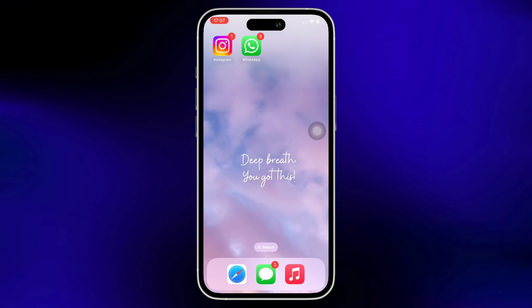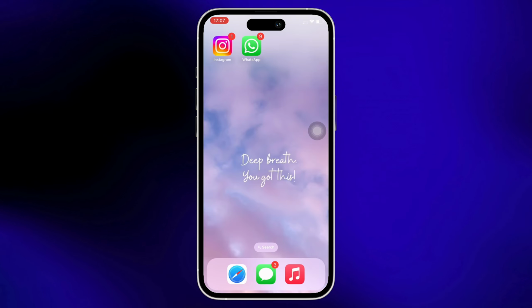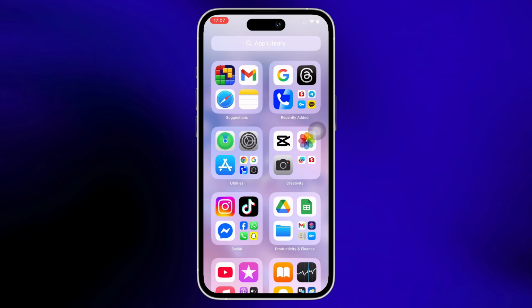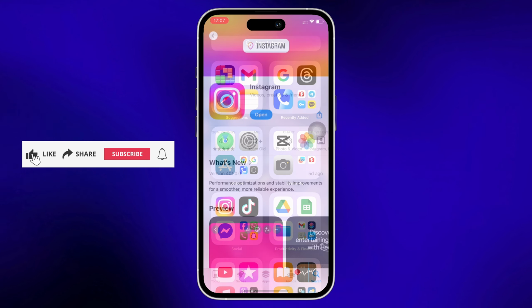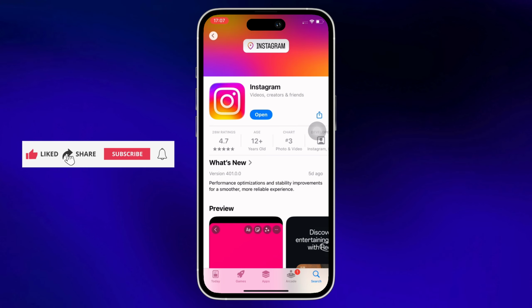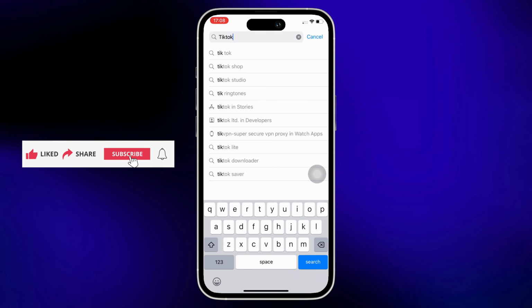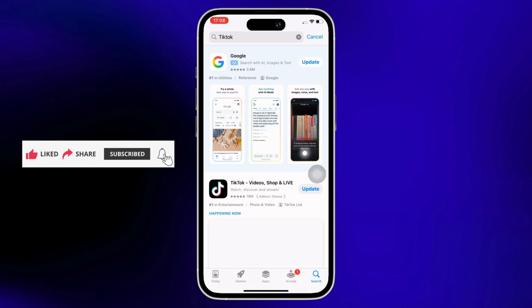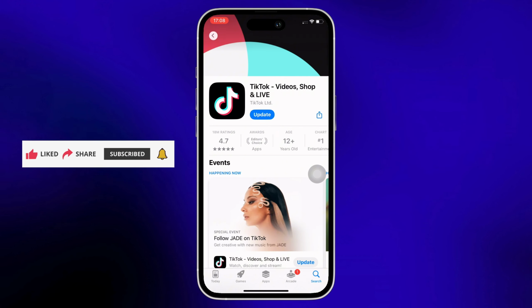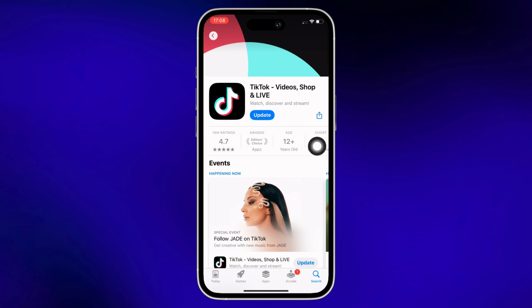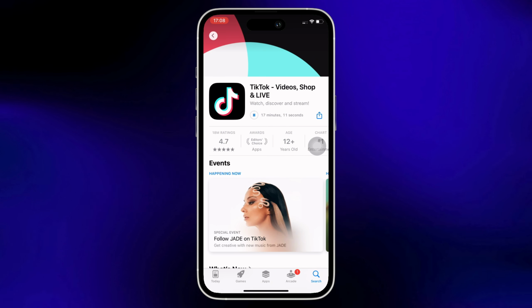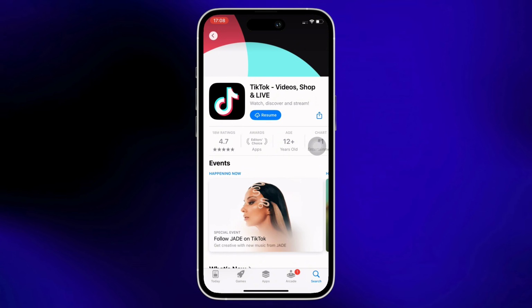Now let's get right into the tutorial. Firstly, go ahead and open the App Store on your device and make sure that both the TikTok and the Instagram apps are updated to their latest version. If not, then go ahead and update the apps, and after updating, restart both the apps and try linking